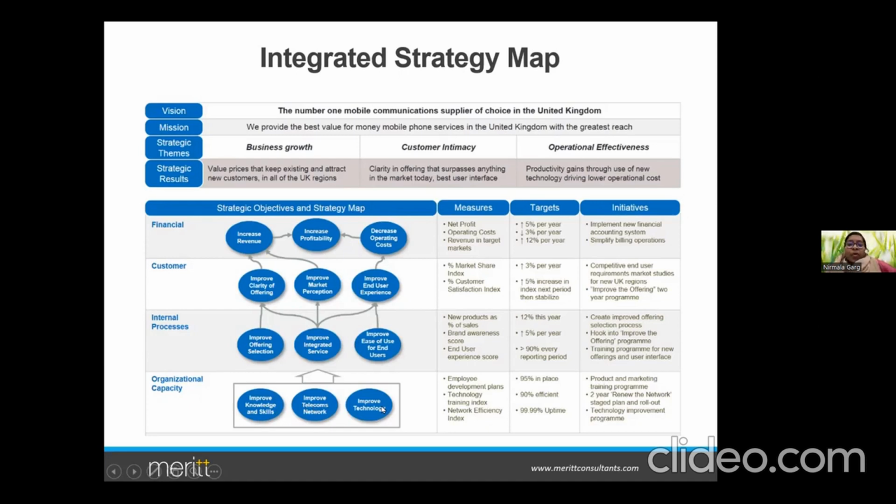I want you to do just that right now, so that then I will come to measures, targets and initiatives. I don't want to make it complex, so that you are able to at least build a simple scorecard. But please do some thinking so that you are able to really build a good BSC.